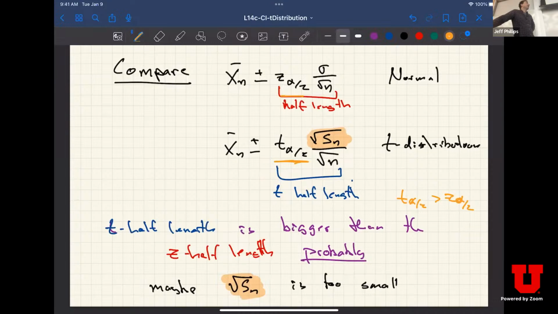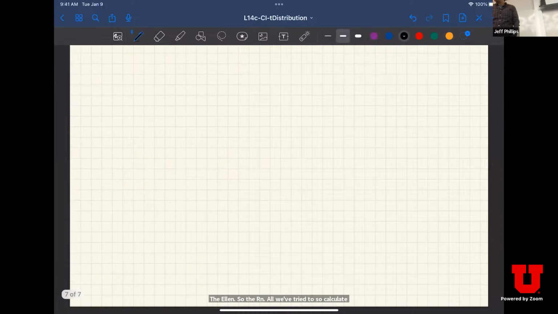Yeah, this is a good question. There's a lot going on here. S n might actually be larger than sigma squared, so then the confidence interval is larger than it actually needs to be. This is kind of complicated. I haven't tried to write down the whole distribution of the bounds on the confidence interval, the L n and the R n. All we've tried to do is set things up so that